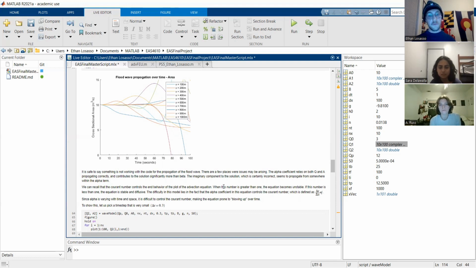So in our case, we'd like it to probably be less than 1, just so it does have that slightly diffusive property, as we can see in the papers. But we want it to still not be any greater than 1. Now, the difficulty in this model is because that alpha coefficient is controlling that Courant number, which can be defined as delta t over delta x times that alpha number. And since alpha is changing each time through time and space, it's really difficult to control the Courant number. It's very difficult to keep it under 1, which is probably why the solution is blowing up at a